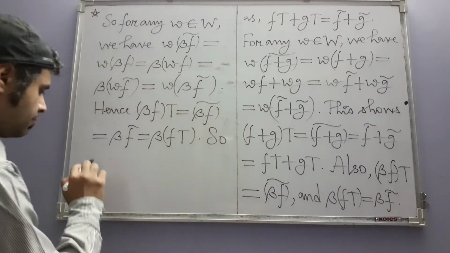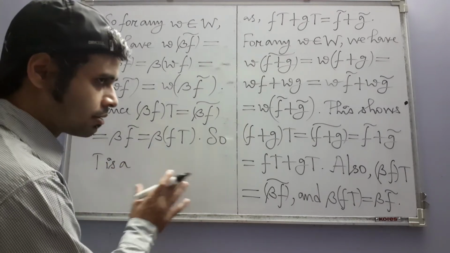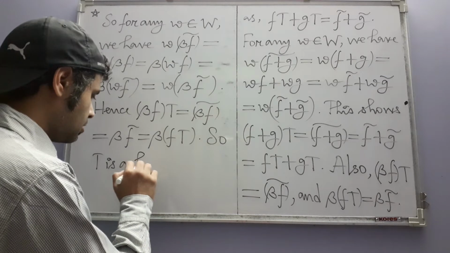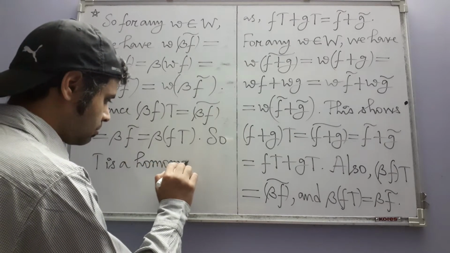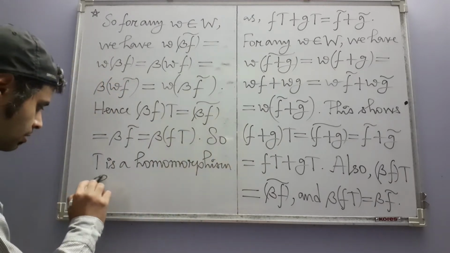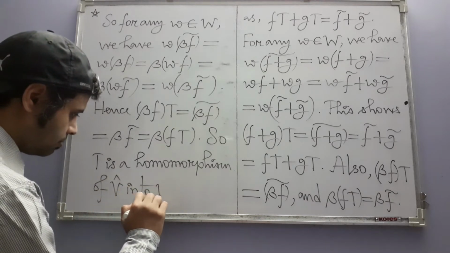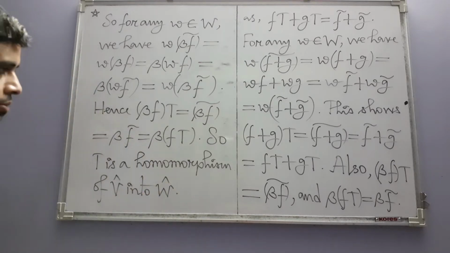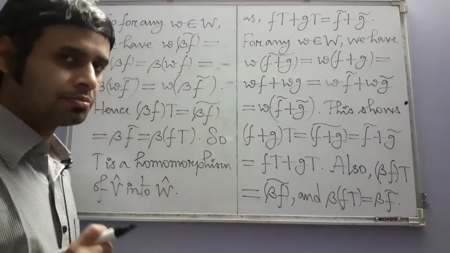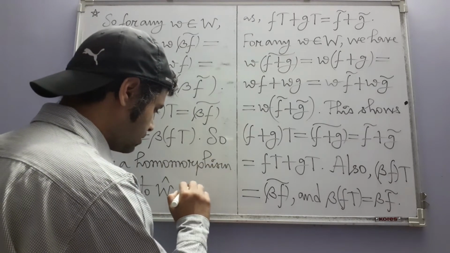So T is a, because we are still not using the term linear transformation, so let's just write homomorphism, a homomorphism of V hat into W hat. Okay, now we are going to see what the kernel of this homomorphism is. What is the kernel of T? Let's just ask that. Next,